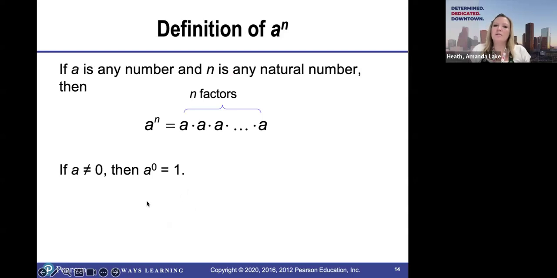So when we think about using our powers and our place value system for powers of 10, just a quick reminder that if we have a number to a power n, so a to the power n, it means that we're multiplying a to itself n times. So 10 cubed is 10 times 10 times 10. 10 to the 5th power is 10 times 10 times 10 times 10 times 10. So we multiply 10 five times together. If a is not equal to 0, then this definition works. But if we have the power of 0, then as a mathematical convention, we say that that is equal to